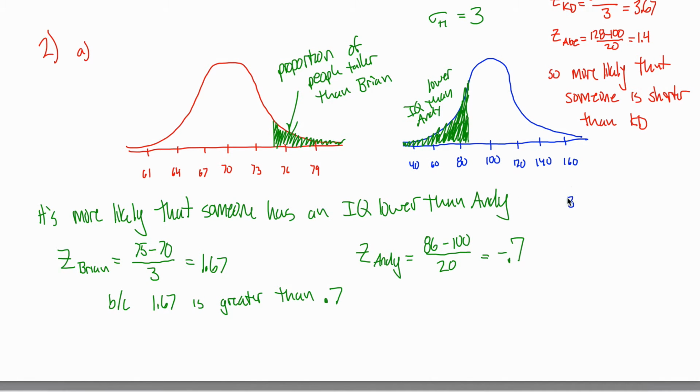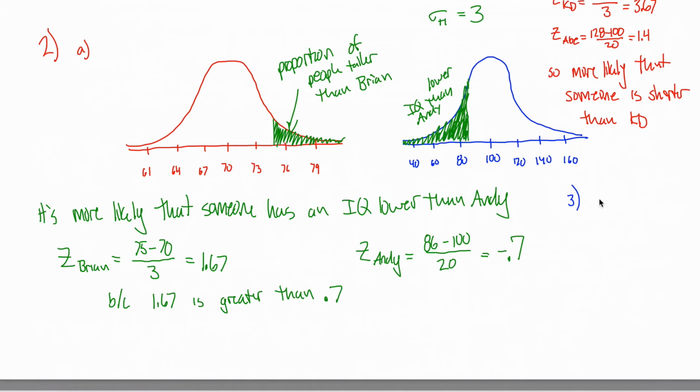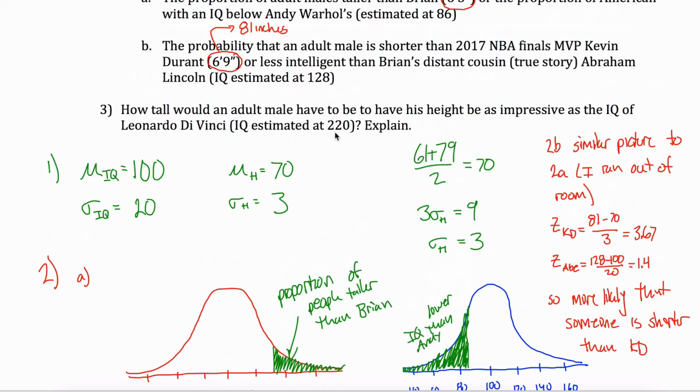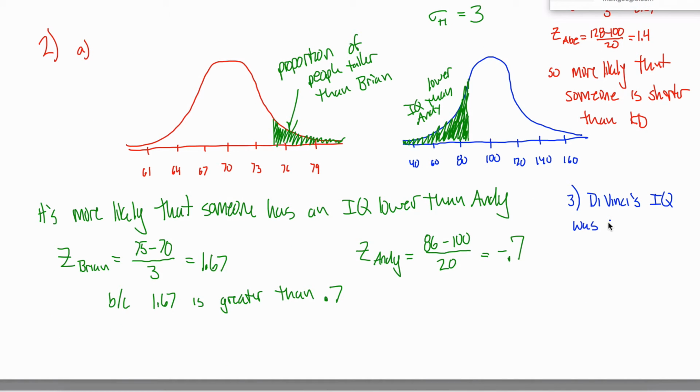Okay. Da Vinci, D-A, V-I-N-C-I. His IQ was 6 standard deviations above the mean, because if you take 220 and subtract 100, you get 120, and divide by 20, you get 6. 6 standard deviations above the mean. So 6 standard deviations above the height mean